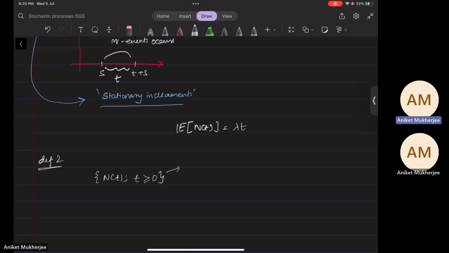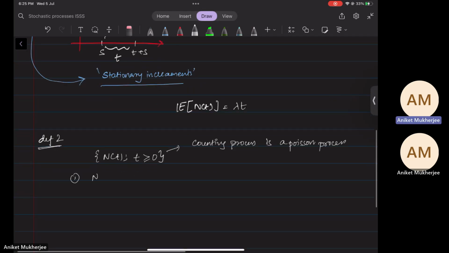Now this counting process is a Poisson process if one, N of 0 equal to 0, two, the process has stationary and independent increments,